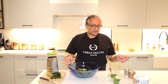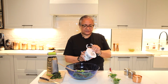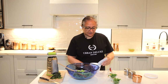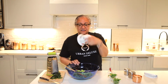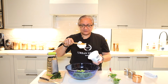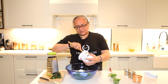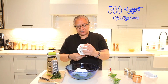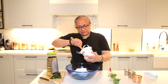Okay, now, most importantly, let's add our skyr yogurt. Once again, I like the PC brand one, so I buy that. And just look how thick that is. It's unbelievable how amazing that is, and it's incredibly creamy, unbelievably creamy. So this is a 500 ml container with one large English cucumber, and let's make sure you take out all of the